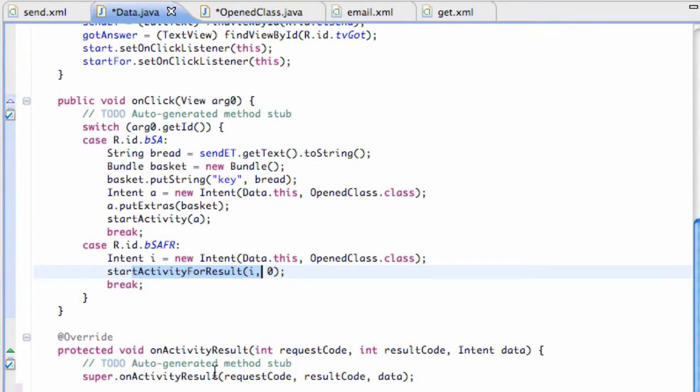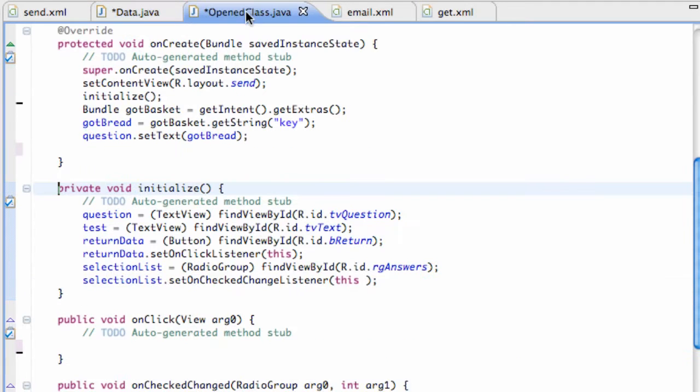Again with me, Travis. What we're going to do in this tutorial is basically set up this Start Activity For Result button. If they click that, it's going to give us some input from the next class for the most part. So what we're going to do is go into this open class and set up this onClick method, because again, this is for a return button. When a return button is pressed, we're basically going to send the data back, and then we're going to close